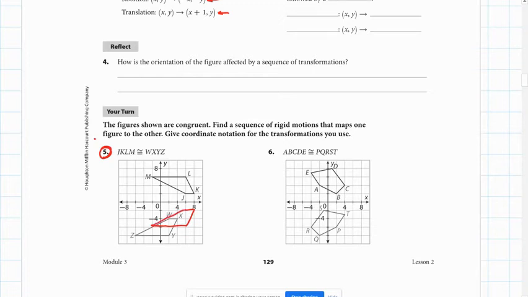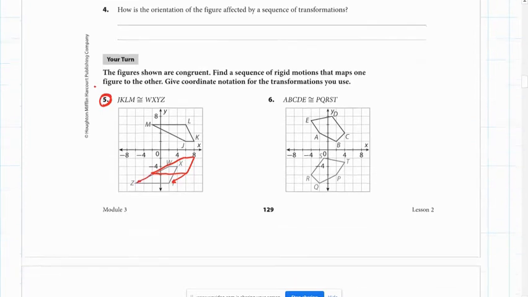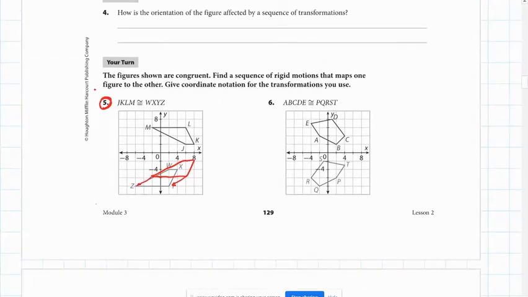And then we just need to slide it over to here. Okay, so here's our congruence statement that's already given, and so we can